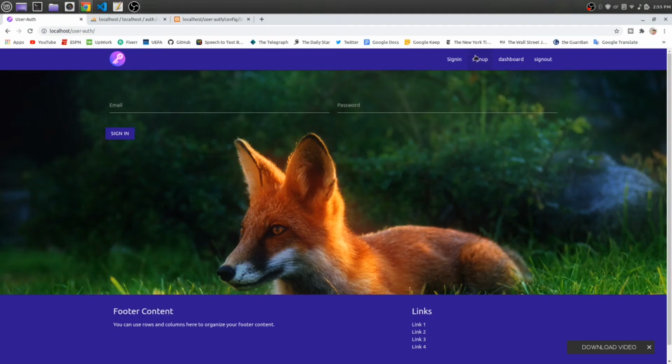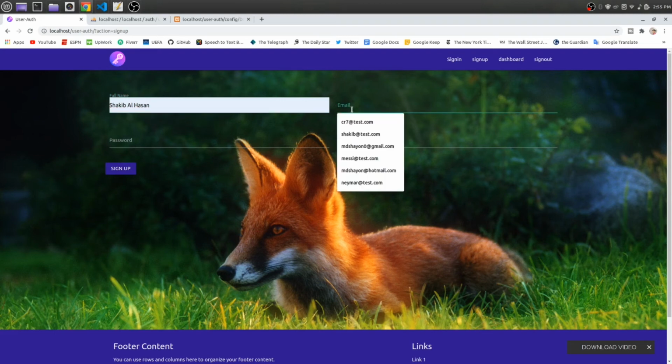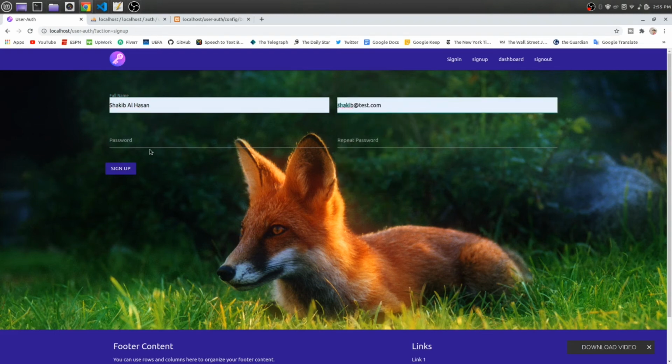Now in here click on sign up. Full name would be anything you'd like to register. I'll go with Shakib Al Hasan. He is a best all-rounder in cricket. 1 2 3 4 5 6 7 8. This is our second password.